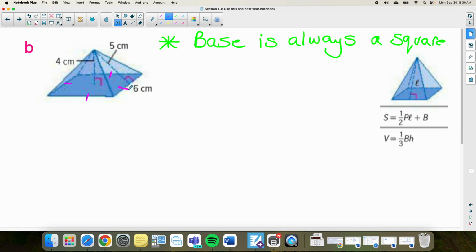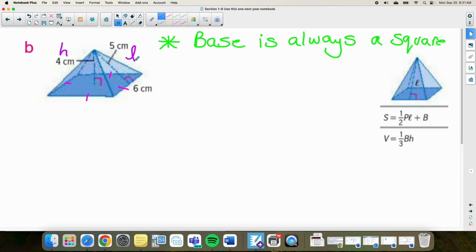All right? The other thing that you might want to do right away is decide which one is your regular height and which one's your slant height. Is the 4 my H or my L? The H, right? That's your straight up and down one. The 5 is your slanted height, so that is your L,